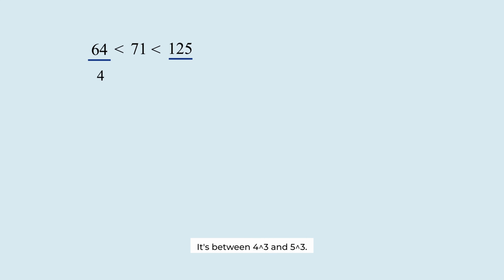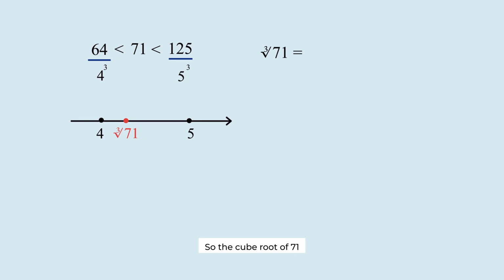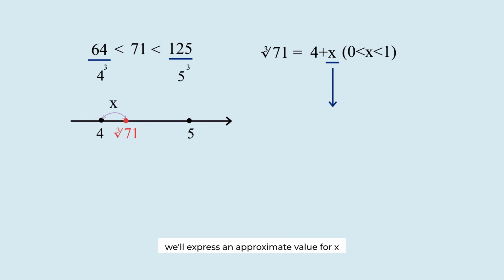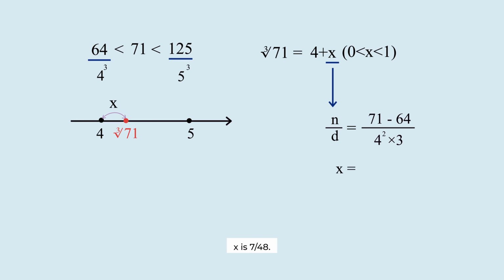71 is between 64 and 125. It's between 4 cubed and 5 cubed. 4 is the largest integer less than the cube root of 71. So the cube root of 71 is equal to 4 plus x. We'll express an approximate value for x as a fraction. The numerator is 71 minus 64. The denominator is 4 squared multiplied by 3. X is 7 over 48, approximately